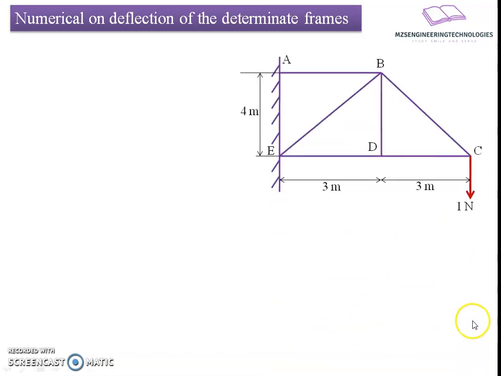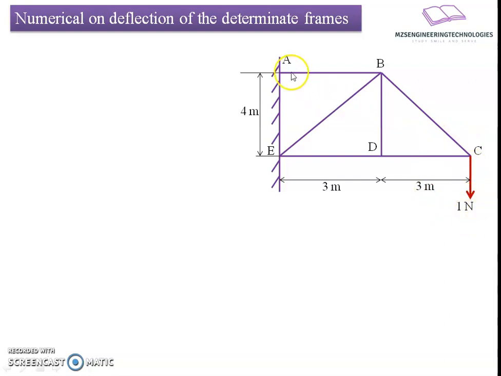What we do in unit load analysis is apply a unit load at the joint where we are interested in finding the deflection. Here we are interested in the deflection at joint C. That's why I applied a unit load of 1 Newton at joint C. The reason behind applying a 1 Newton force is that we are going to address things in terms of the stress component, which is given in MPa. To have uniformity in units, I am going to apply a 1 Newton force.